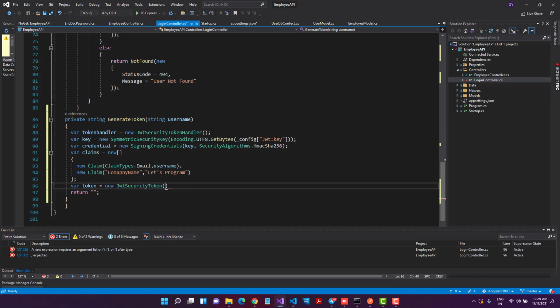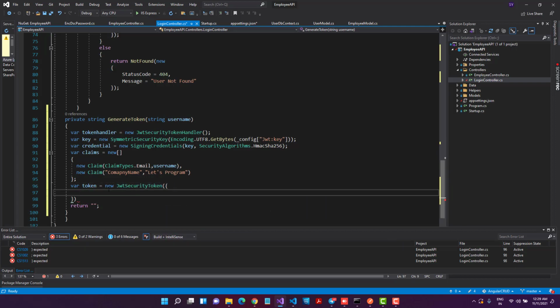Okay, and inside this if you see we can pass a few things. So the first thing is our issuer. So who is our issuer? We will get that issuer value from the config. So we have that config, right? So we'll say config, right? So it is throwing some error. So let me go. Oh, because this is not in terms of an object.